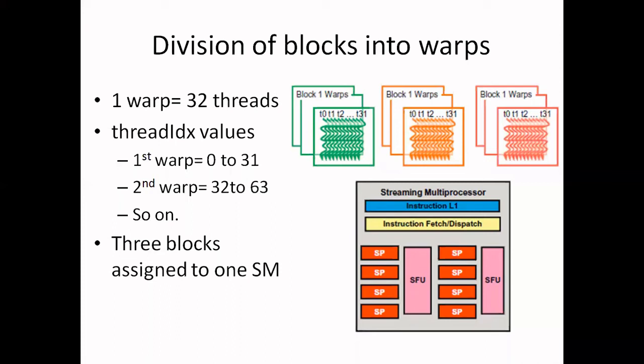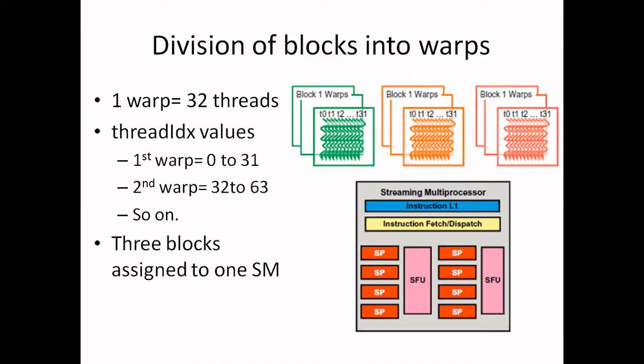How many blocks are required in our program, how many threads we are going to launch, according to that we design the blocks, and then how many streaming multiprocessors we have. If we have 10 blocks and thousands of streaming multiprocessors, in that case one block will be assigned to one streaming multiprocessor. If we have 1000 streaming multiprocessors and we are using 3000 blocks, in that case 3 blocks may be assigned to each streaming multiprocessor.